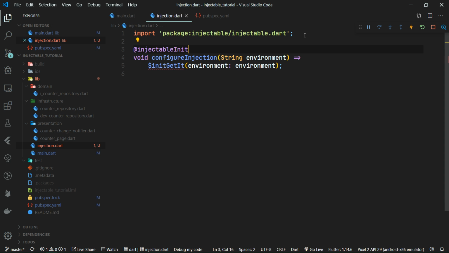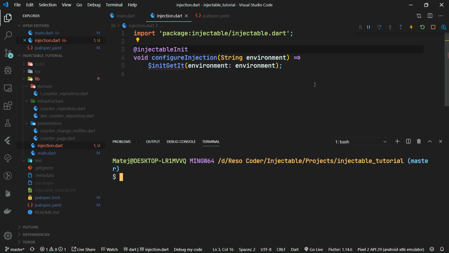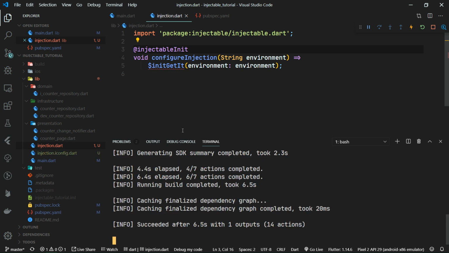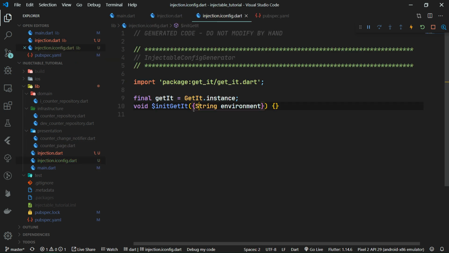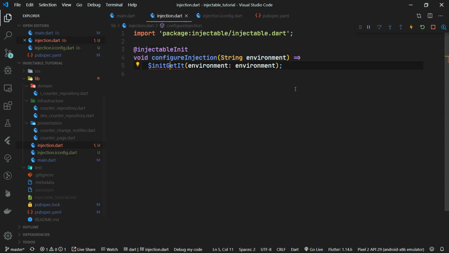Okay. Once we have that, we can now run code generation. So let's open up the console and we're going to run our favorite command, which is flutter pub run build_runner watch. And also, just to be safe, I always include delete-conflicting-outputs as an option there. Once everything is generated, we are going to see a new file pop up, injection.iconfig.dart. Currently it contains only a blank $initGetIt generated method, and we also need to call it, or actually